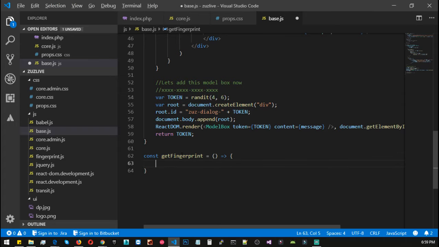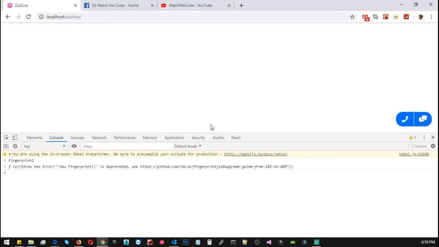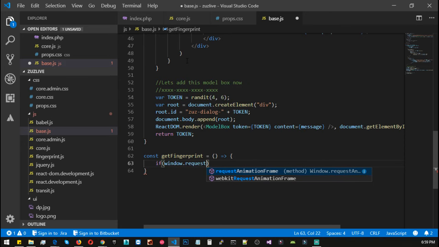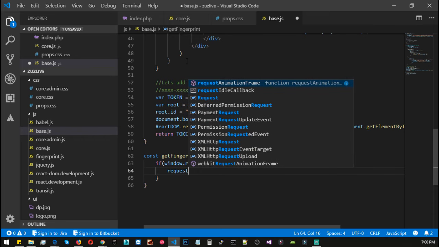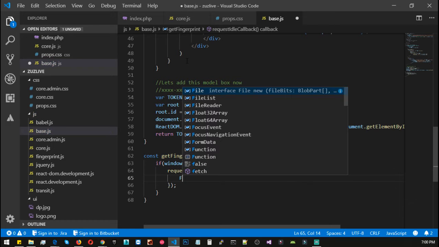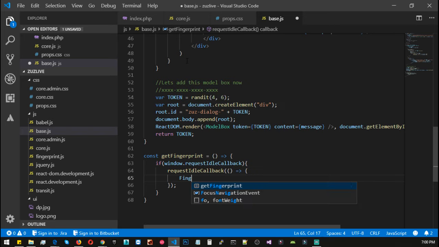Inside the getFingerprint method, let's use if window.requestIdleCallback, then we should use requestIdleCallback and use an arrow method instead, and we need to add Fingerprint2.get, and we need a callback, components, an arrow method, and inside the arrow method,